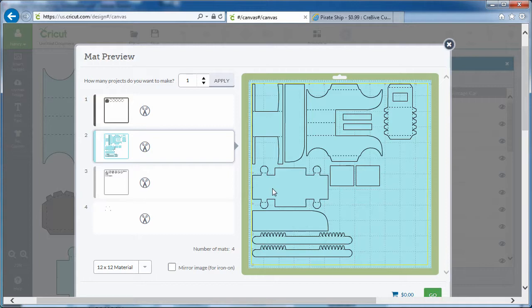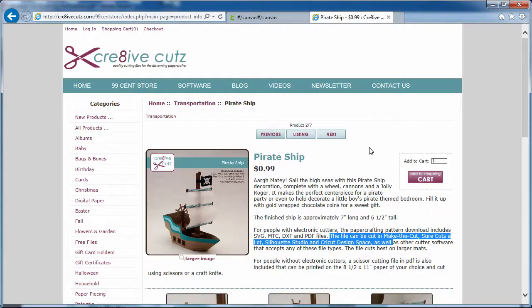So as I said at the beginning of the video, I'm just in the process of modifying all of my files now, and I'll be posting on the Cre8ive Cutz blog as files are updated, and it'll also be in the newsletter if you're subscribed to the newsletter. And then as I mentioned before, you can also tell if the file has been updated just by reading the description of each file in the Cre8ive Cutz store. Now if a file has been modified that you've already purchased, you can always just log into your account in the 99-cent store and download that new